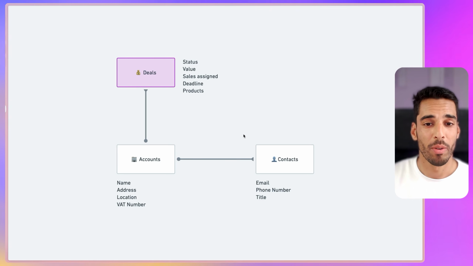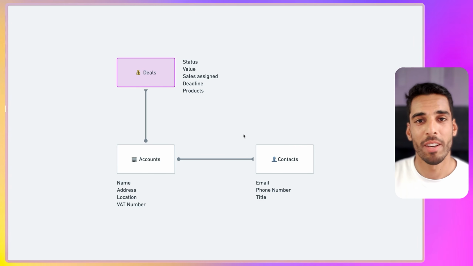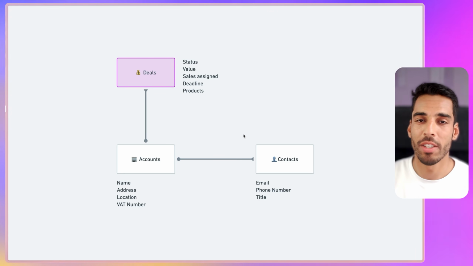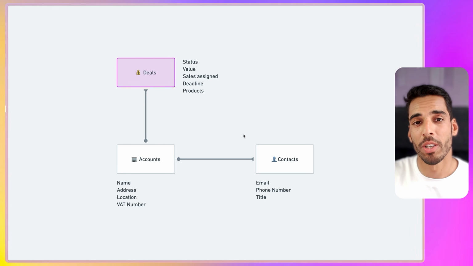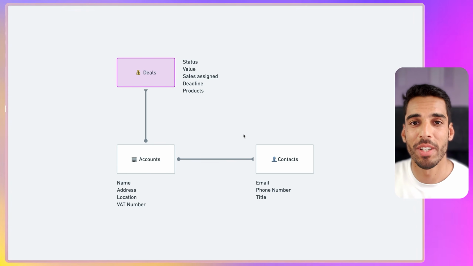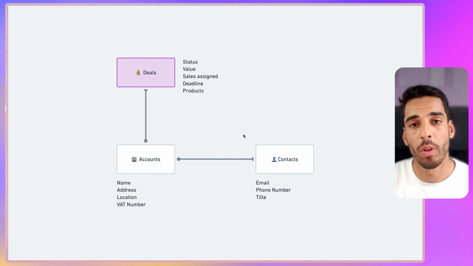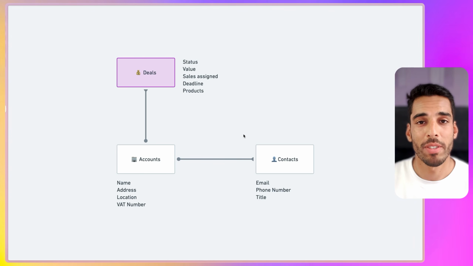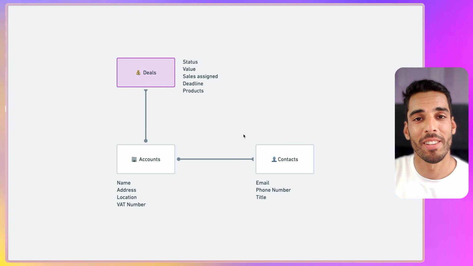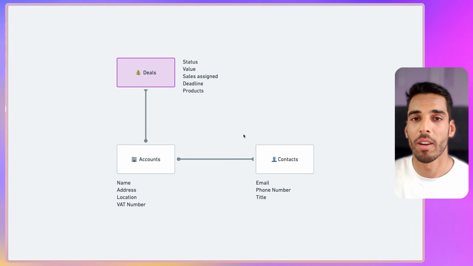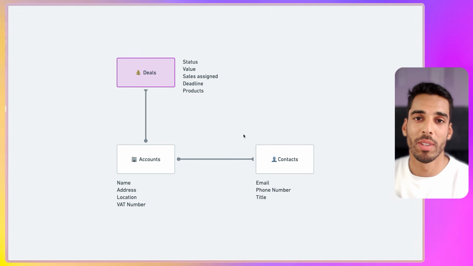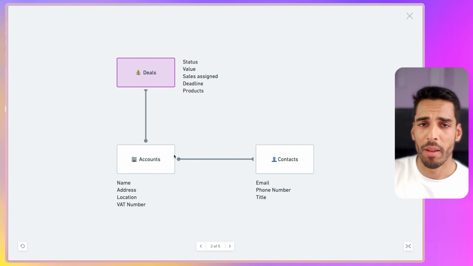Next, your deal can have a value. It could be $10,000 deals, it could be an $8,000 deal. It really depends on your company size, on your agency type, but you need to track that information into your deal. Next, you could have an assignee, which is a salesperson. So if you're starting to get structured and you have different salespeople, you need to assign those deals to different salespeople so that they track the sales flow and are able to resell, to cross-sell to the client. You can think of deadlines, you can think of tracking products, you can think of tracking about anything right into a deal in ClickUp. That deal will be tied to an account, as we've seen.